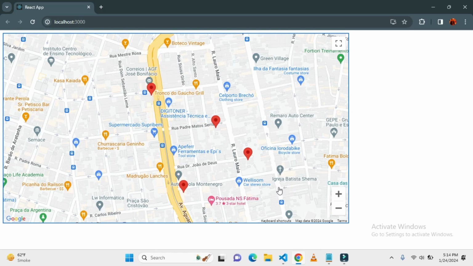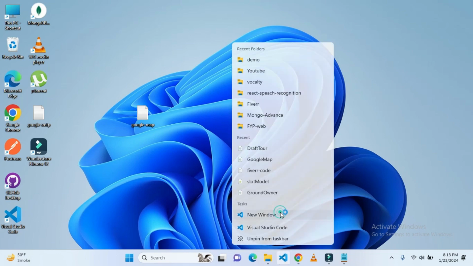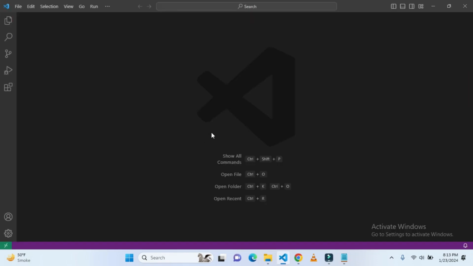So in this video I'm going to show how you can display Google Maps in the React application and how you can display a single marker and multiple markers in the Google Maps. So let's get started. I'm going to start from scratch, open up a new window with the VS Code,